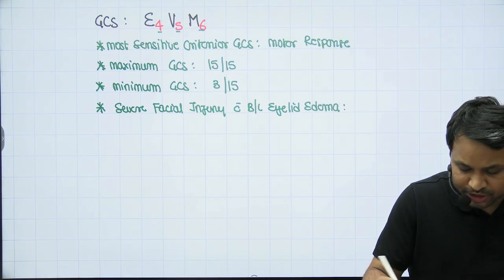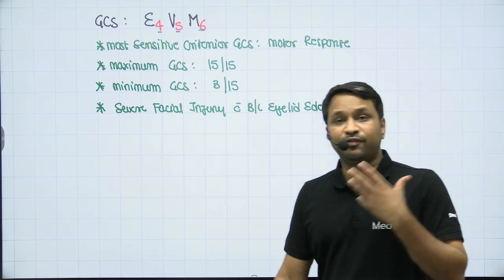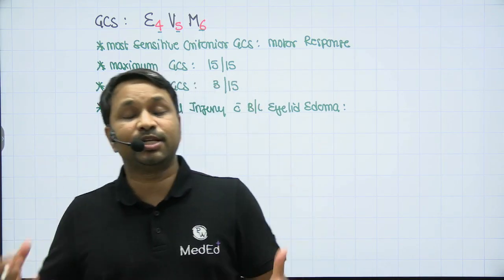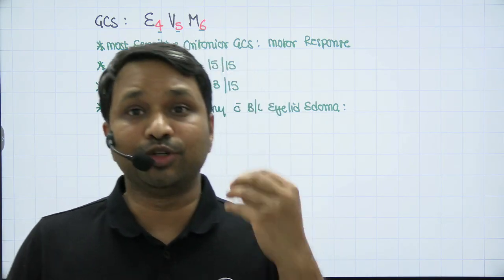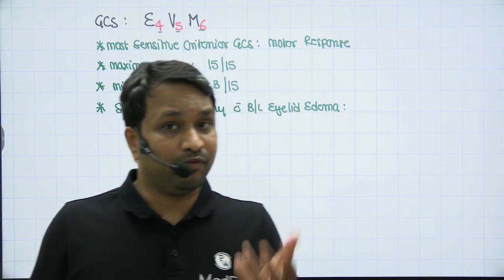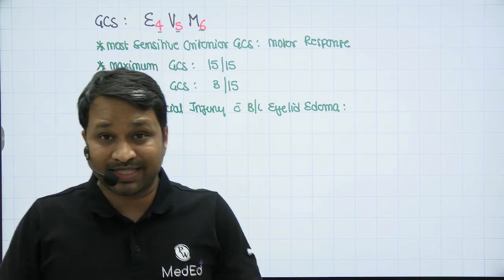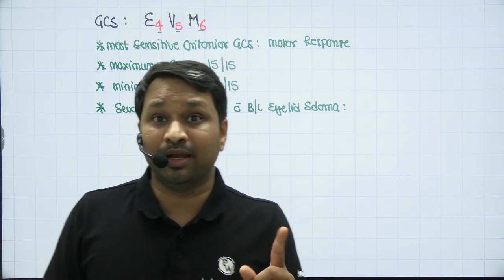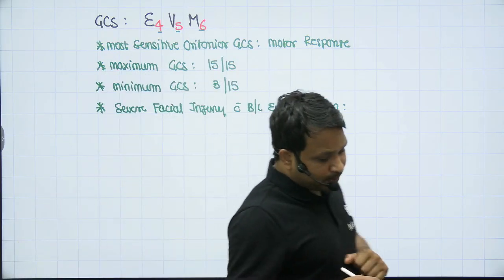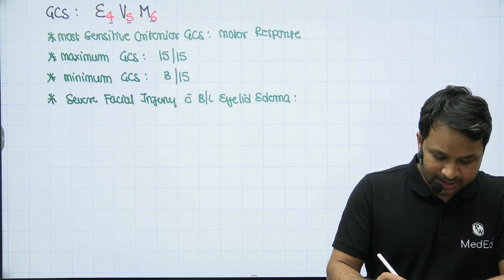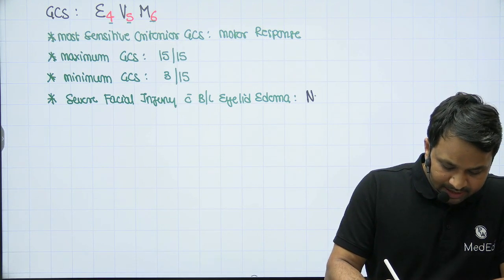Now, when you have a patient with a severe facial fracture with both the eyelids swollen, and you are asking the patient to open the eyes, obviously, if the eyelids are swollen, he will not be able to open the eyes. So, does that make the eye response 1? The answer is no. In such patients, whenever you are not able to assess, I will say it is NT,